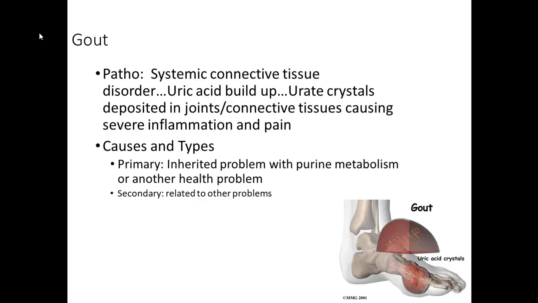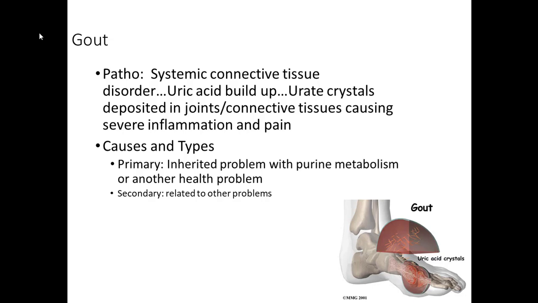Moving on. We get to talk about gout. Gout is a connective tissue disorder. What happens is the uric acid builds up in the blood and then it hangs out in the joint. Generally, it happens in the big toe. Those crystals get deposited in that joint and they can't move their toe. It's red. It's hot. It's swollen. It can happen in other parts of the body. I've seen it in the hands, but the most common area is the big toe.